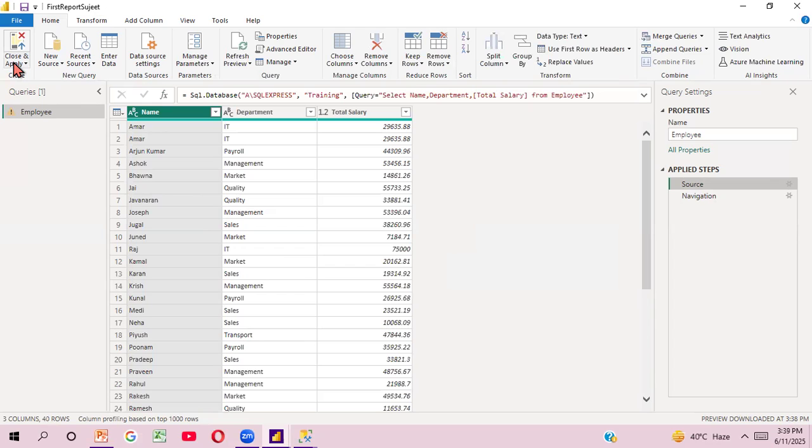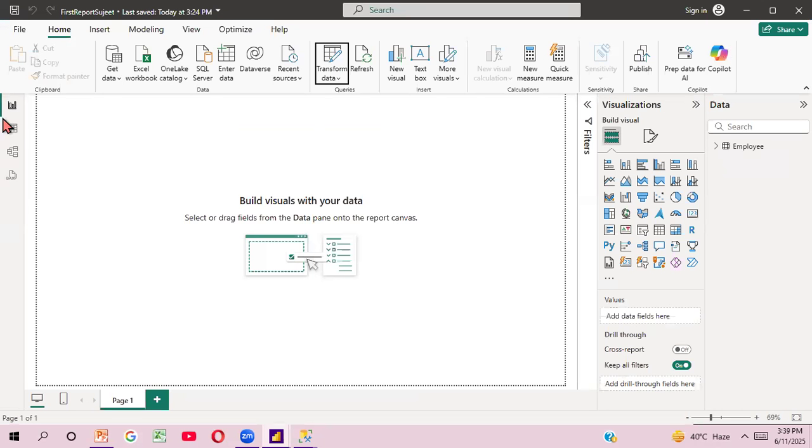Now you have to click Close and Apply. See here, the data will be loaded and you can view your data in table view. After clicking on this table view,